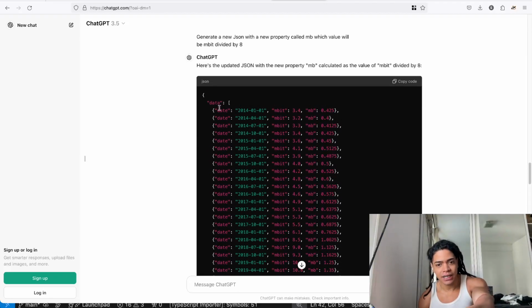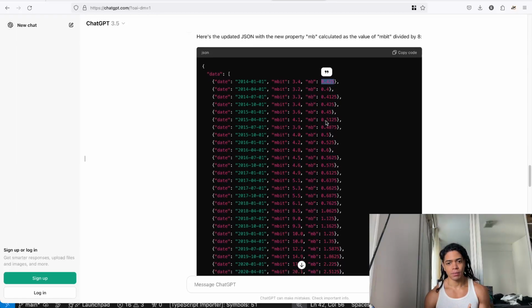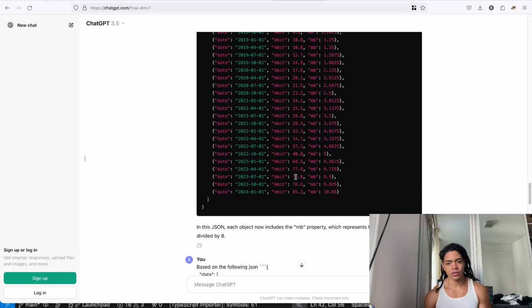And here is exactly what is now showing as megabytes. So in 2014 it didn't even reach 1 megabyte, but now we are at 10 megabytes. Again, this is the rest of the country.